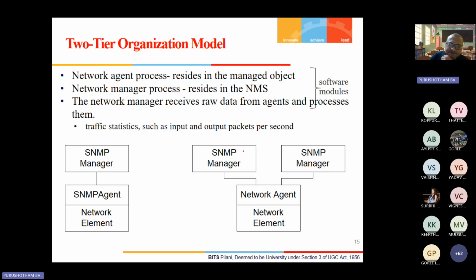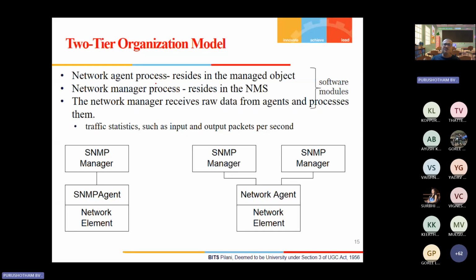For example, say 70 people are there in the class, all 70 people might raise questions to me. Possible, no? So like that. These are all again software modules, as I told you.